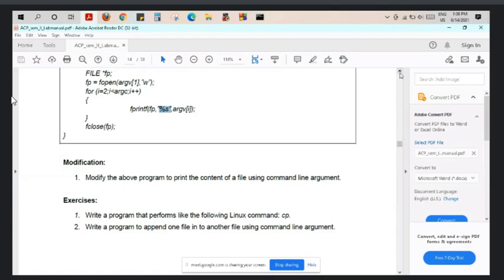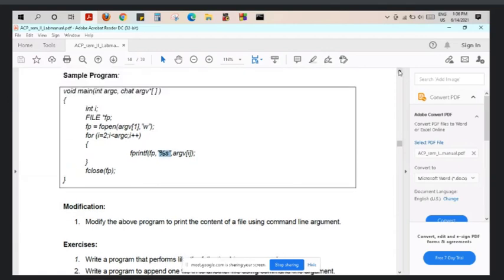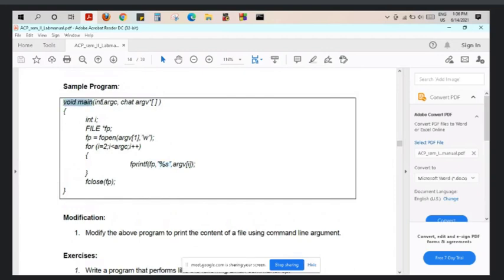Using this command line argument, the contents of the file first of all need to be read, and then displayed on the screen. So on the command prompt, whatever content of the file has been read must be printed on the command prompt.